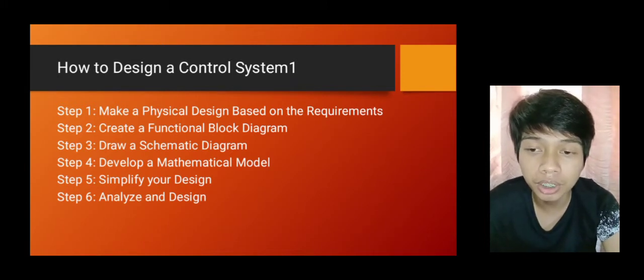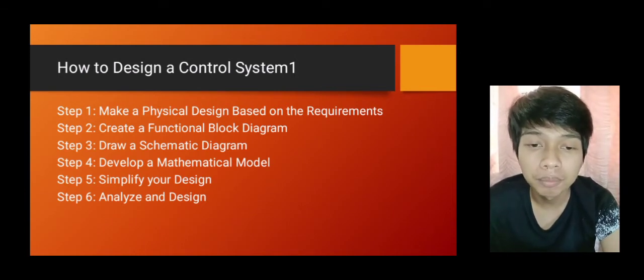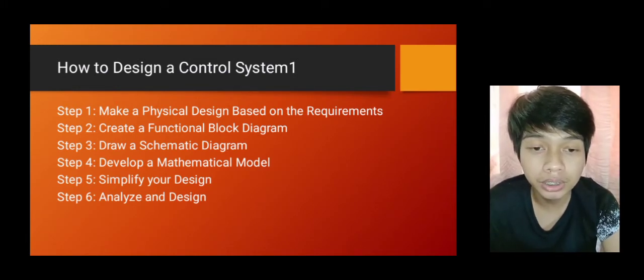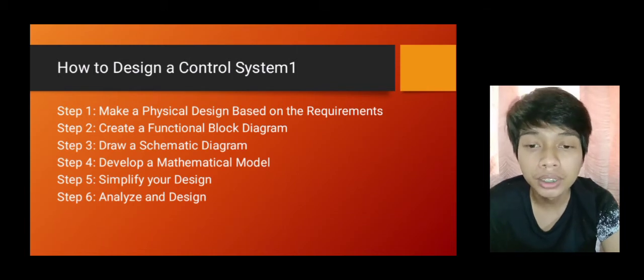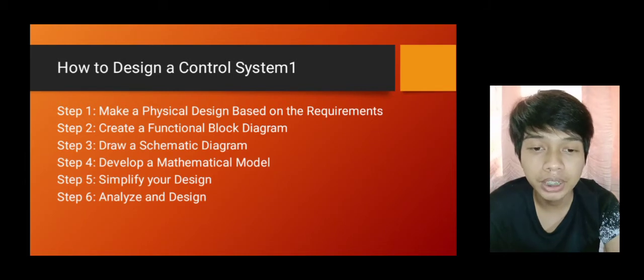We need to identify all the necessary features the system requires and check the market for the necessary hardware availability. Step 2. Create a functional block diagram. Design a very simple block diagram of the operation of your system. Does it need a transducer, a controller? What other components should it have? Does it require a feedback system? Separate each